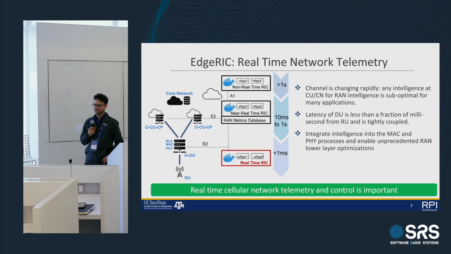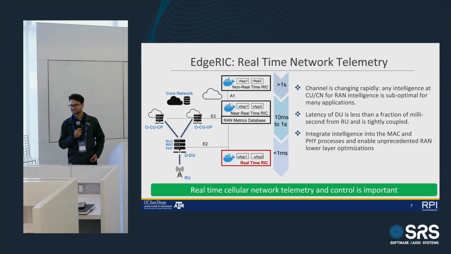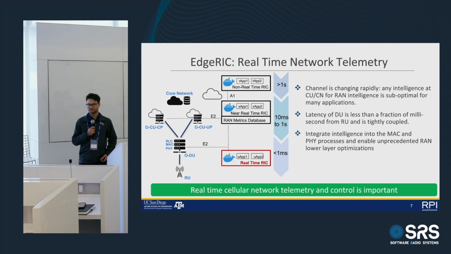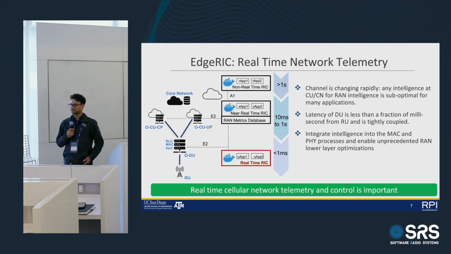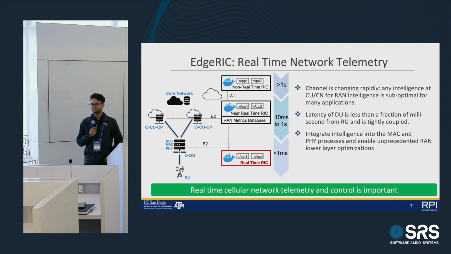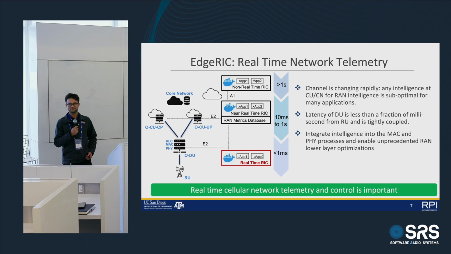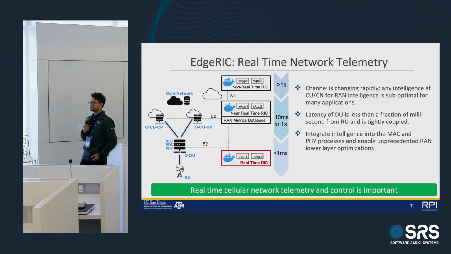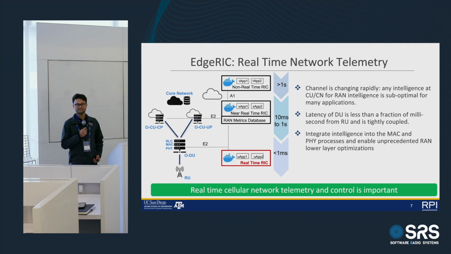So real-time control and telemetry is really important, and that's what we are going to emphasize on building this new RIC framework that we call Edge RIC. And the app that Edge RIC supports, here we call them micro app. I think it is also commonly called DApp, and there are multiple common terminologies for it. I think we are still pushing in the standards to get DApp or micro app into standards, to get more people to look into it, particularly those working at the physical or MAC layer of the network stack. It's an opportunity to start thinking about building such real-time applications.